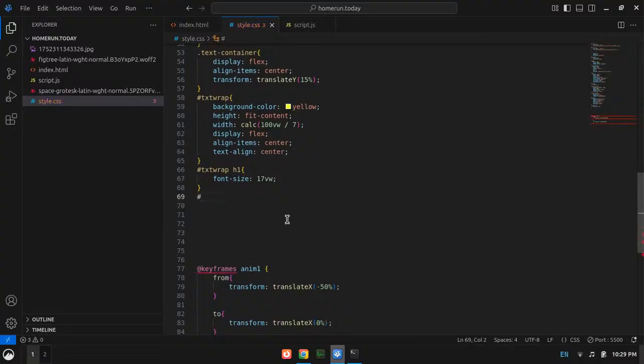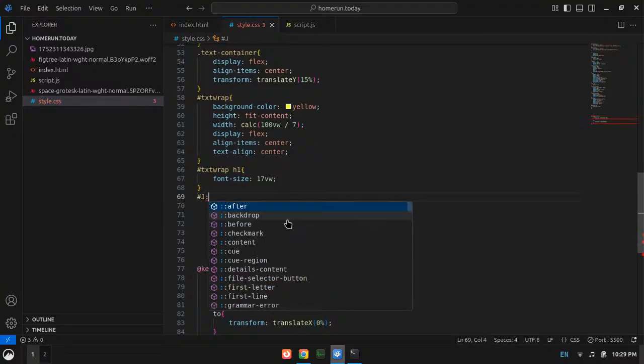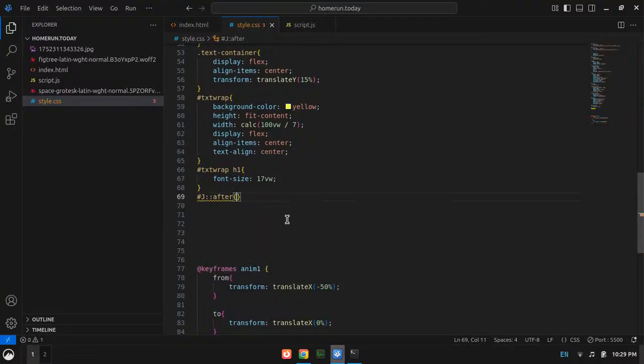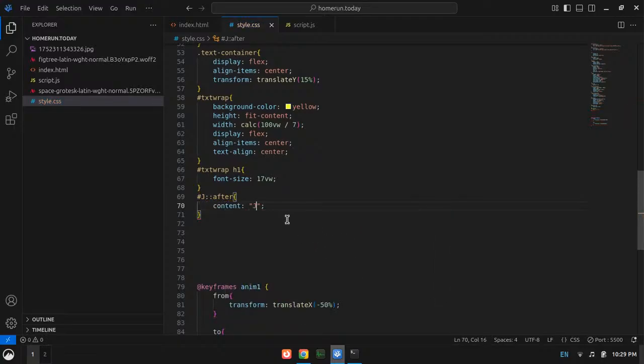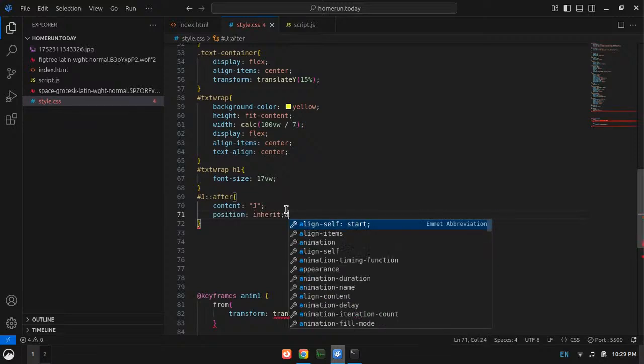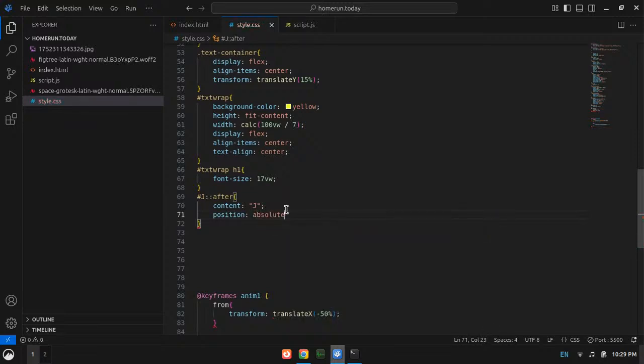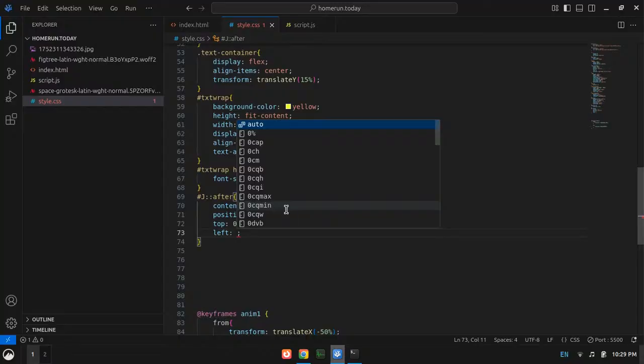What I want is to add an after element for all of them, where content will be exactly what it is, then position will be absolute, not inherit, from top it will be 0, and from left it will be 0 as well.